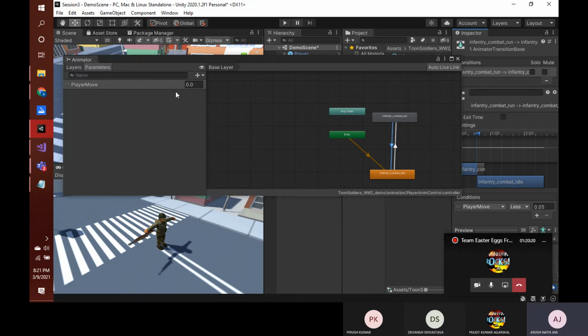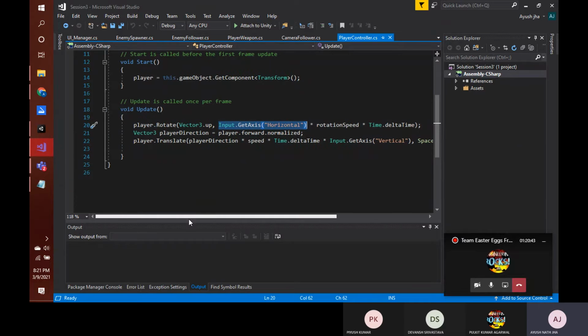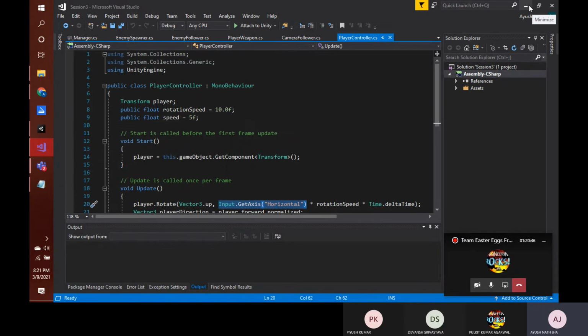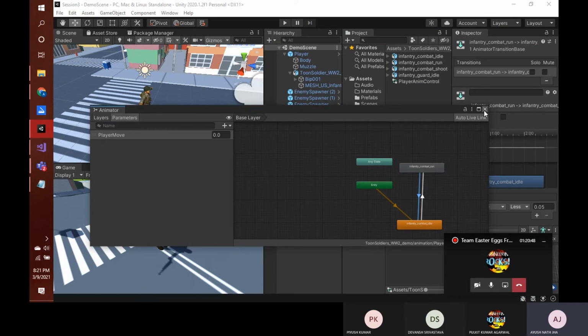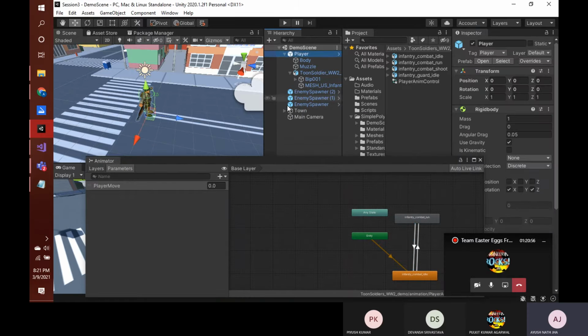And now you must be thinking, how are we going to affect this player move value, right? So for this, we first need to go to our player script. We'll go to our player script, and from our player script, we will access this value and update it in accordance to the key we are going to press. Okay. So if we go back to our player script here, in our player, we first need to get the instance of our animator that is present within the player, right? So within the player, we will be having our animator.